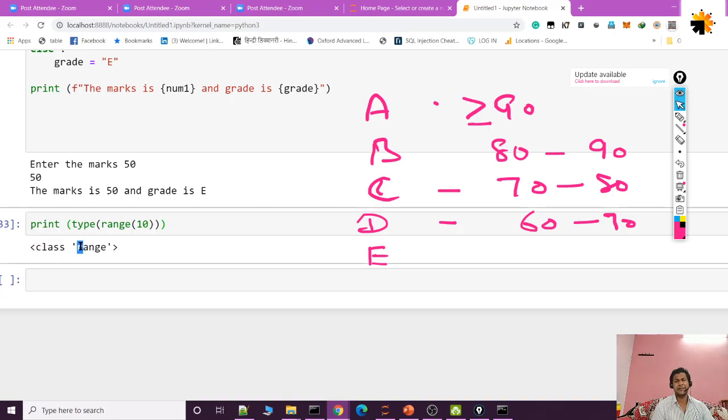For simplicity, websites and other developers say it's a function because it looks like a function, but actually it's a class. So I can say it's a function, I can say it's a class. Let's see the syntax. What is the syntax of range? Today I'm giving you one guru mantra. If you don't know the syntax of any function or class,